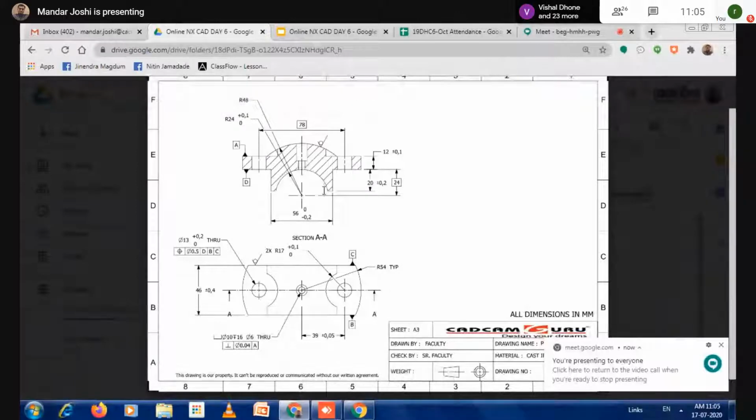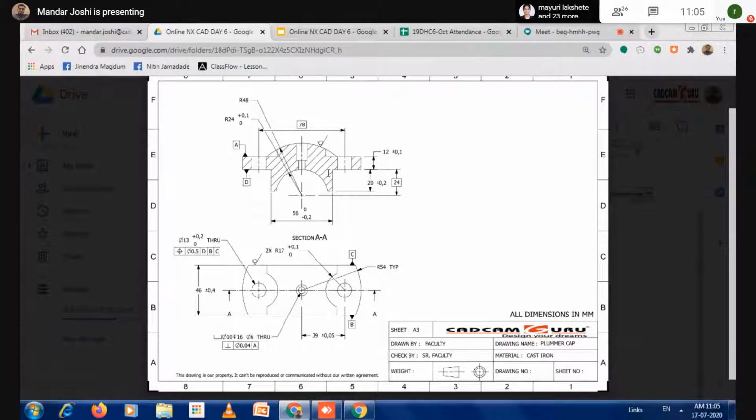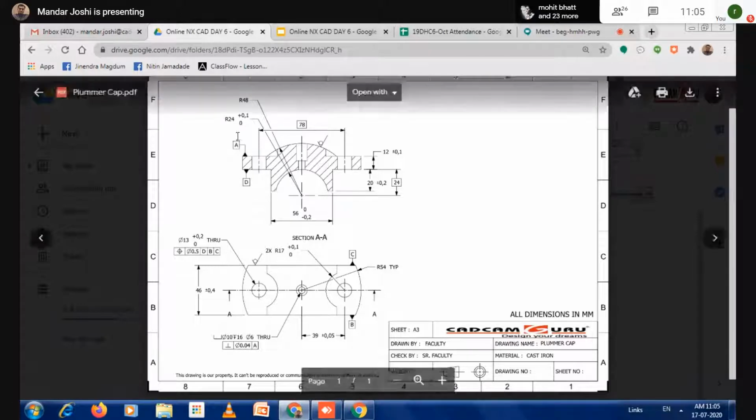That radius is how much? 24. So here what we will do, we will assume that your profile is completely closed here. There is no 24 radius. First we add material, then we will cut the 24 radius material.